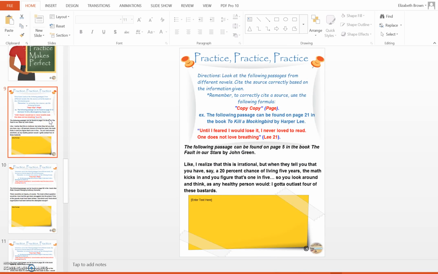And then this is where the practice and the assignment comes in. You're going to get these practice pages. It gives you directions and an example here. Then what you're going to do is read this bottom half. The following passage can be found on page 5 in the book The Fault in Our Stars by John Green. So what have I done? I've given you the book title, the author, and the page number.